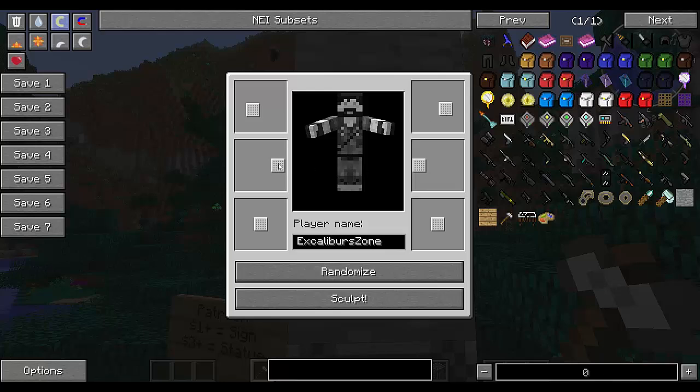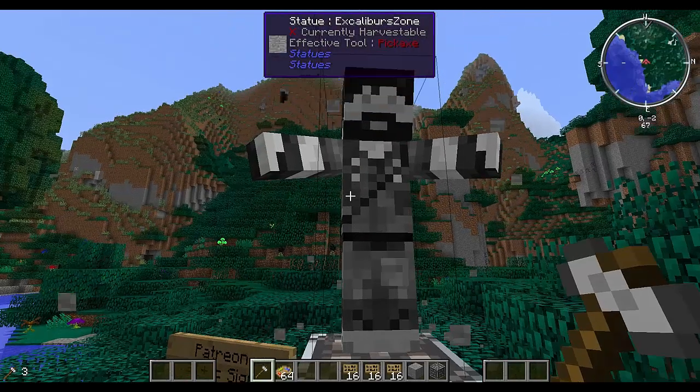Then I think this is the leg, head, and that changes how you're standing. So let's see here, make sure that the legs are perfectly aligned, and we'll take a look around. Yep, looking down, excellent. And sculpt.